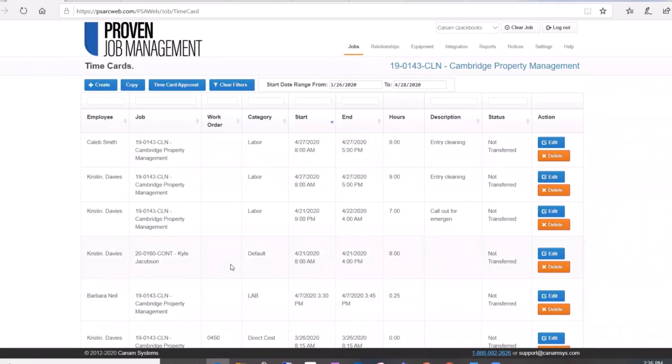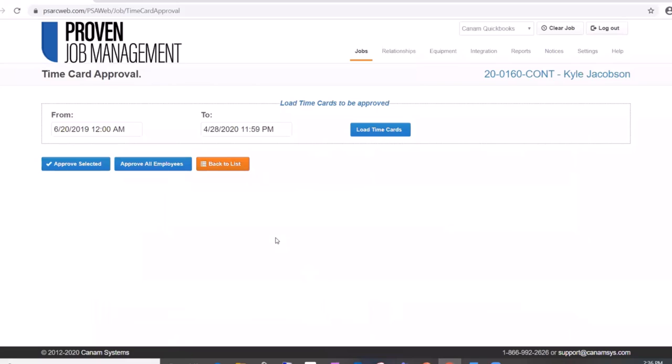Next, I want to talk about the approvals. So I'm going to come over into another screen. I am logged in to this database as a PM. And you'll notice that my date from is back in June. And what that's telling me is that I have time cards that I need to approve going all the way back to June. The to date will automatically be the current date